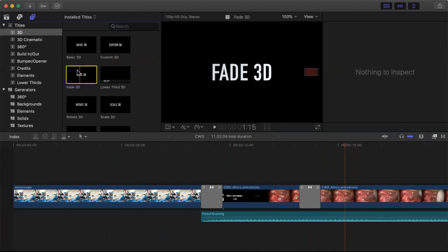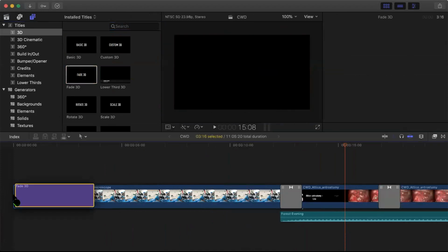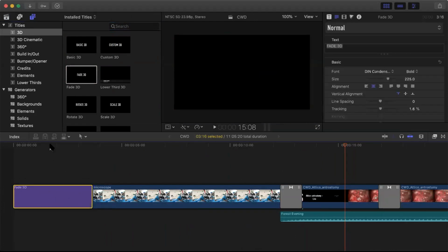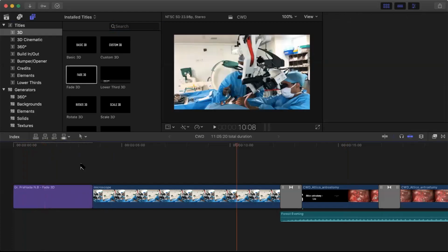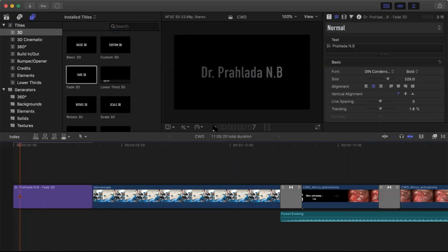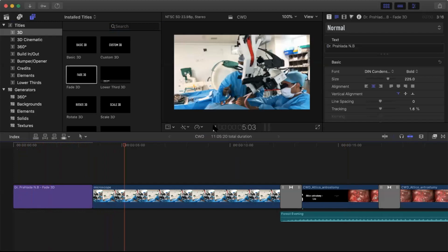So what I'm going to do is I'm going to use this option in the beginning. So when you pull the title, it will come before the picture, the title is here. Now what you can do is you can go and edit this. Okay, I'm going to edit this. So if I want to edit text, the screen automatically appears here. Okay, I'm going to choose that. Okay, I'm going to put my name there. Okay, so my name is there. So when I play it, automatically the title is there.